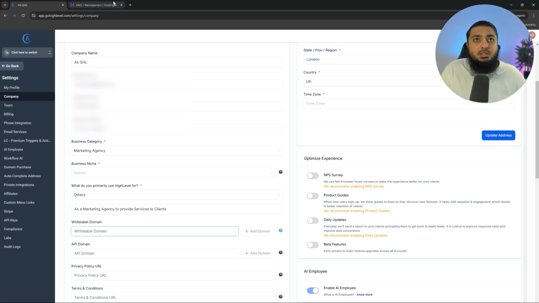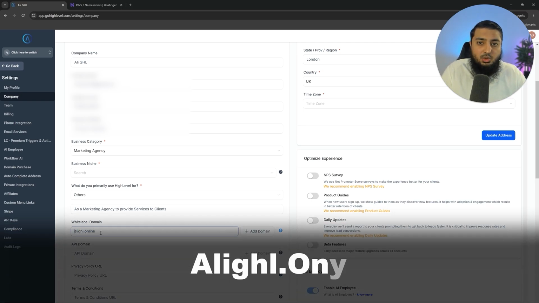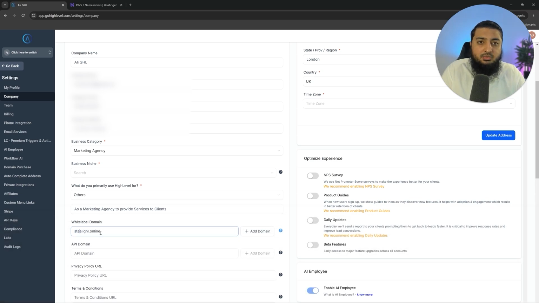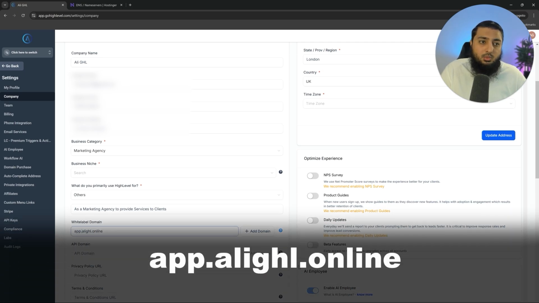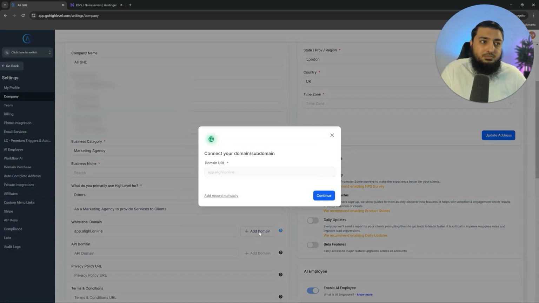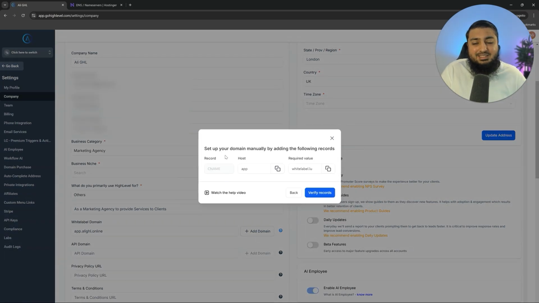The domain I have bought is from Hostinger. What you would then do to add the white label domain is put the domain that you purchased. So the domain that I purchased is GoHighLevel.online, and then you can add anything in front of it. So for example, start or login. For now, we're just going to be using app.gohighlevel.online. What you would then do is click on add domain, click on continue, and now this is the DNS record